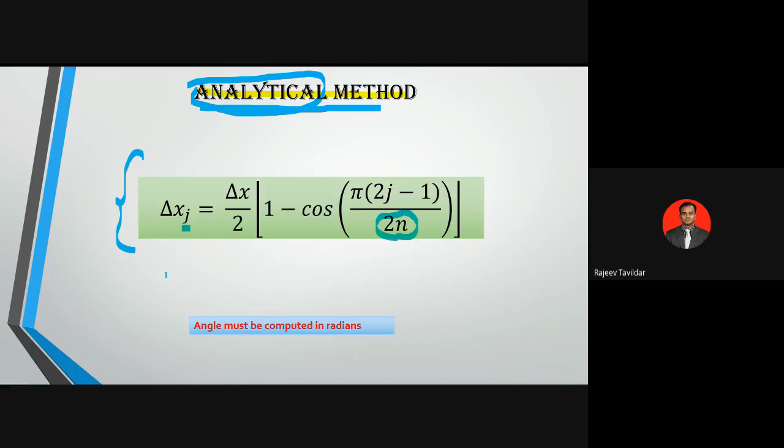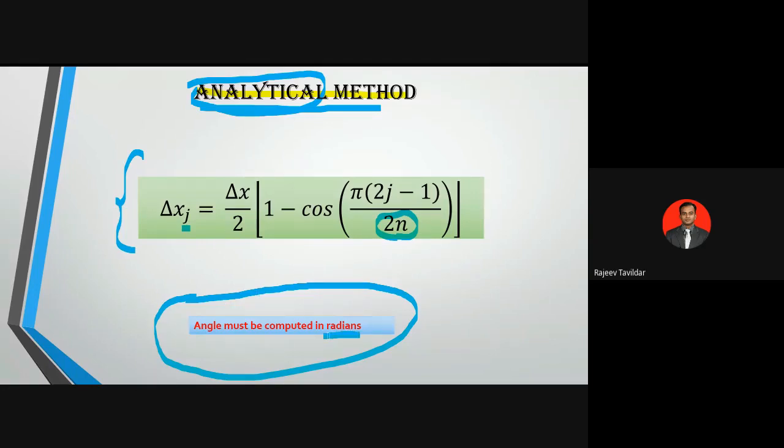I'll try to record that on my mobile while I'm using it, and I'll try to post it here next week. Let us see. Meanwhile, you can just try it out. One important point we need to remember while using this equation is that for the cos angle we are adding over here, your calculator must be in radians mode. The moment you keep your calculator in degree mode, your answer will be wrong. So please ensure that your calculators are set to radians mode. This is a very, very important point.